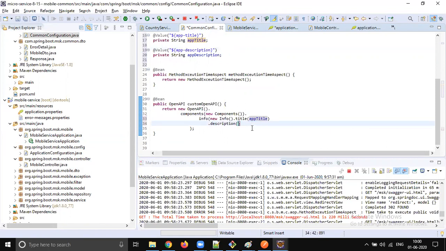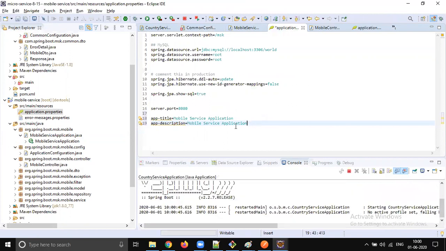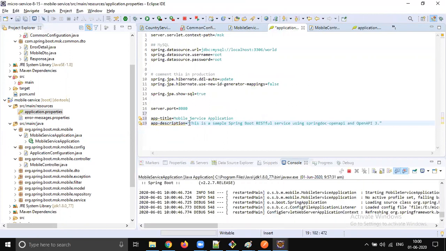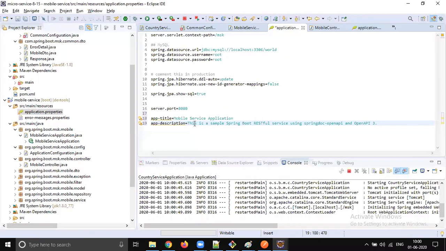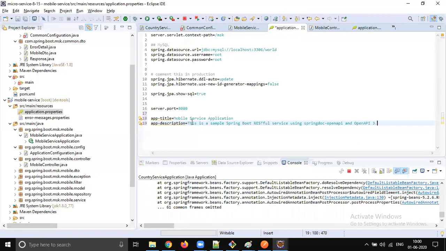Let's remove it and put it in the properties. Just remove these double quotes and simply say mobile service description.